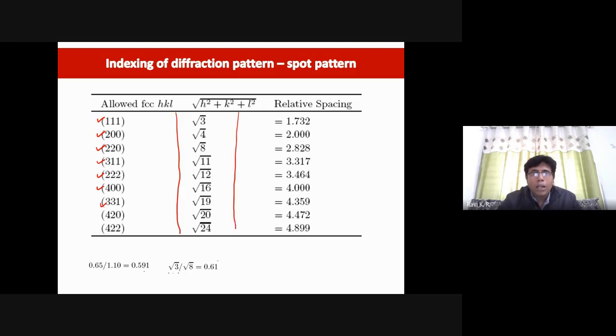Okay, now you compare R2 by R1. R2 by R1 must be, the distance is reversed. So the smaller one, you should take it. Okay. So this is R2 by R1 is root 4 by root 3. Now you try to calculate, now you can do one thing. Because what you got is 0.59. Okay, so now you try to compare this value and this value. How much is this coming? 1.732 by 2.